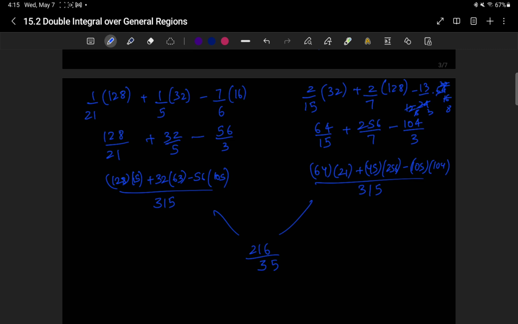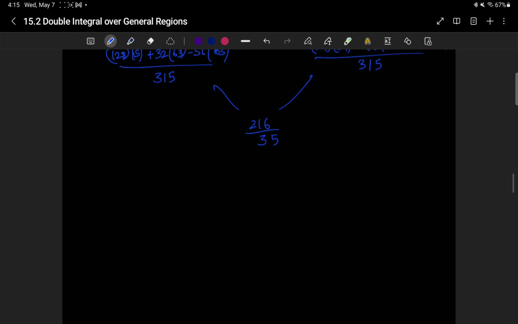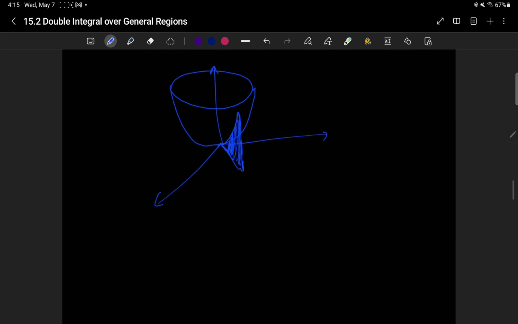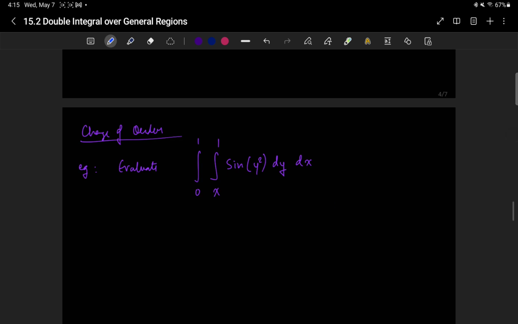So which means in situations where it's possible, it's doable. And what does this look like in 3 dimension? Well, in 3 dimension, what you have is a paraboloid, and then you basically have this surface and y equals x squared and y equals 2x, something of that sort, this shaded region over here. Right, now another application of this fact that you can switch around x and y and still have the same result